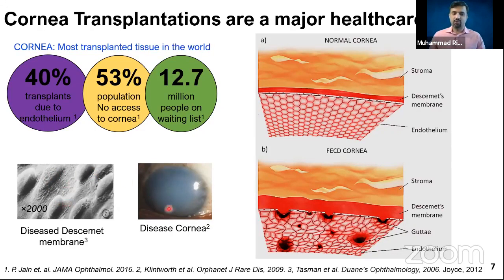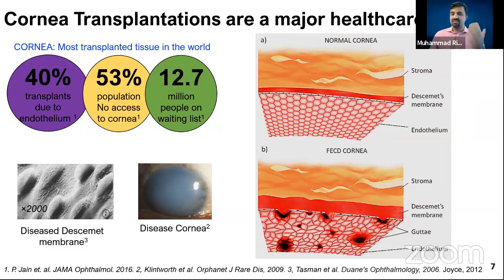And that really leads to the corneal blindness. We see that the cornea has become really opaque, which affects the vision. Or in other words, what I'm saying here in the schematic is that on the back side of the cornea, in a normal cornea, everything looks great. We have a nice monolayer of cells there.